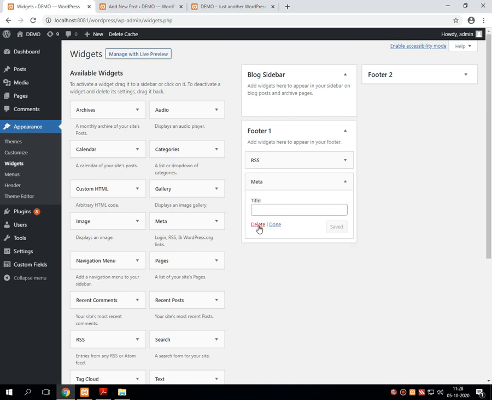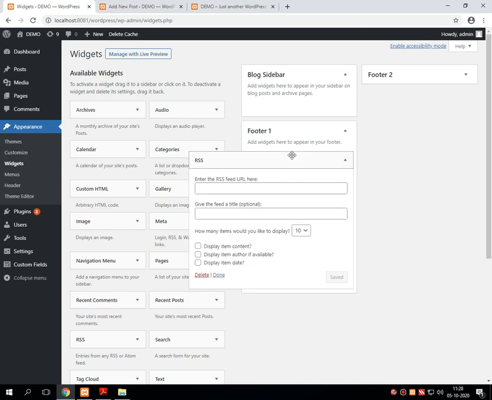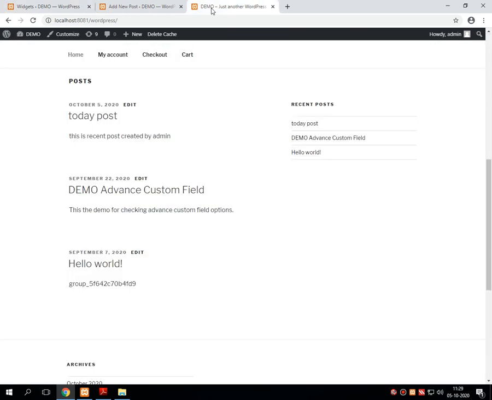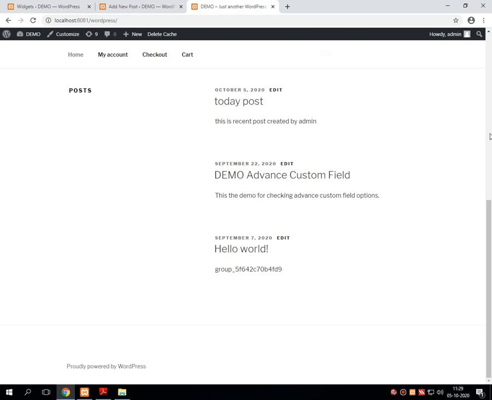I'm just keeping one RSS over there, right? So this is applied over here. I'm just refreshing the page. It will display the post with detail and edit facility. That means it will give you the post name with the hyperlink, post description, post date, and with edit facility.